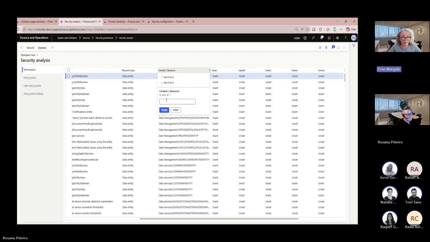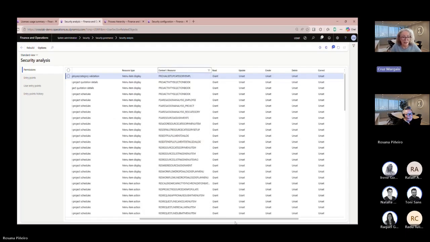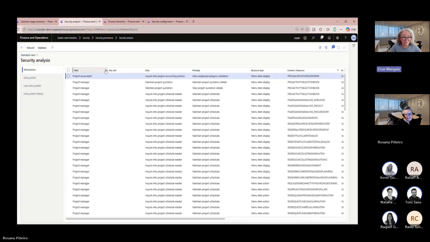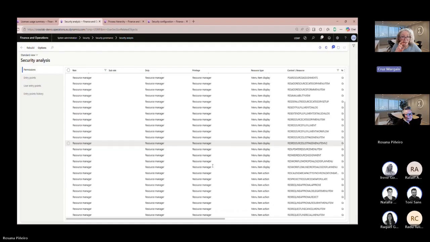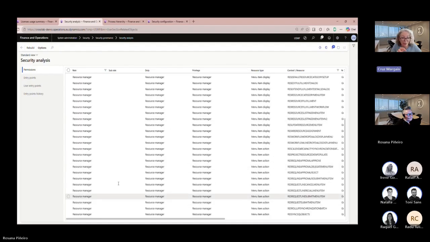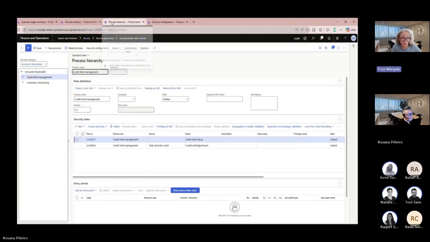So I took this list to Excel and then gave it to Copilot, who made a comma separated list that I can just copy and paste here, and then filter based on the name of the object in this security analysis screen, where I'm also going to filter by the role. So I can see that all these objects that need a project operations license belong to the same privilege, which is this resource manager privilege.